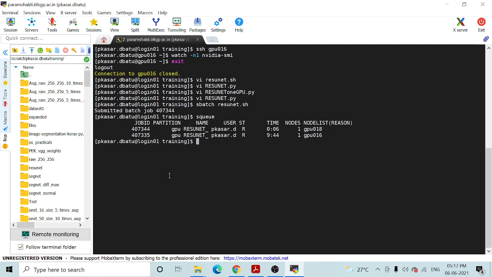I will demonstrate whether both of the cards are getting utilized or not. For that, let me go to SSH GPU. My second job is executed on which node? GPU 80, it is executed on GPU 80. So I will go to that particular node.